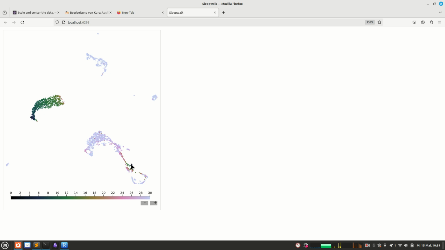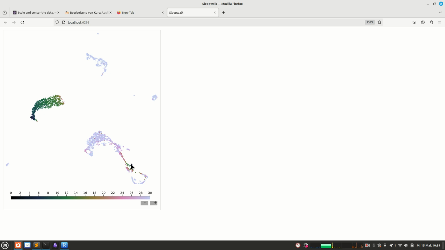And because this transition from the cell cycle to the neuroblasts is so fast, we only catch very few cells in this intermediate part,